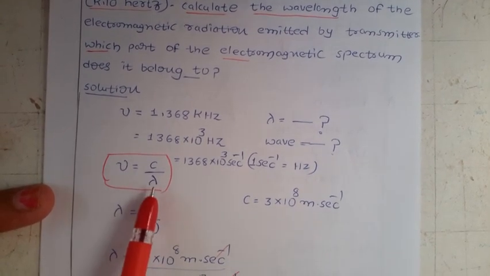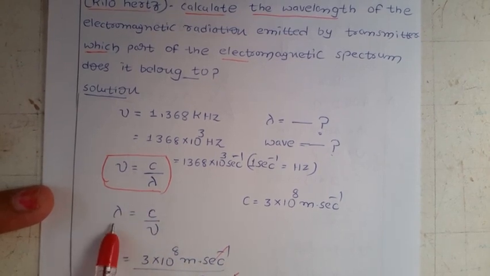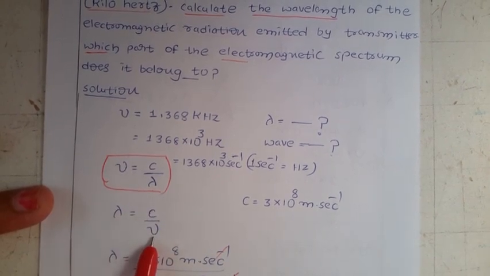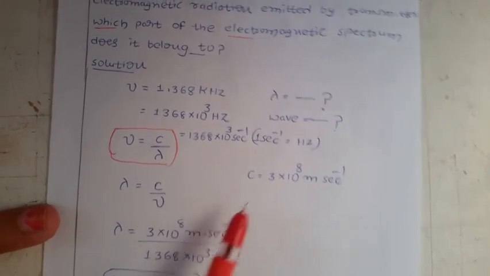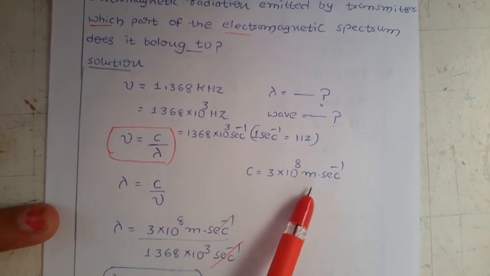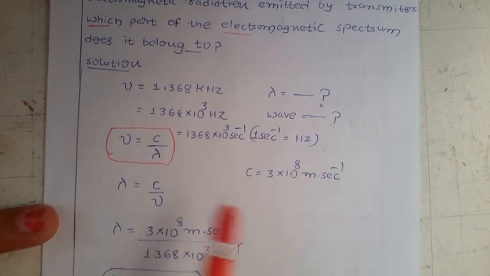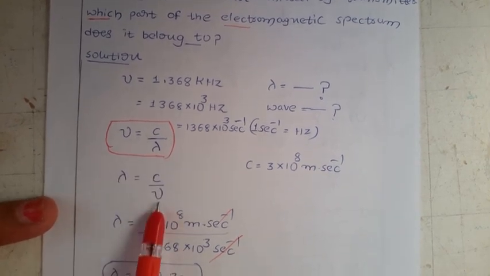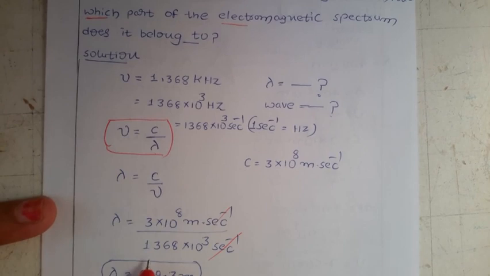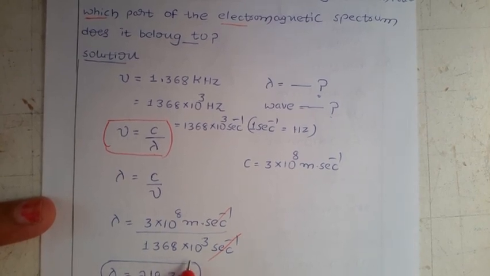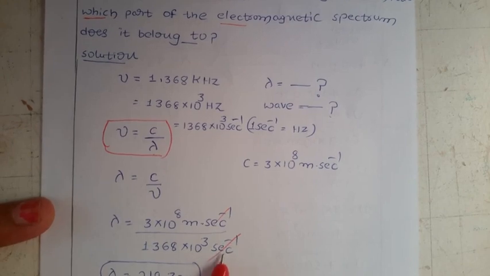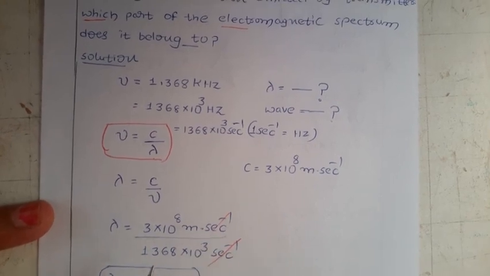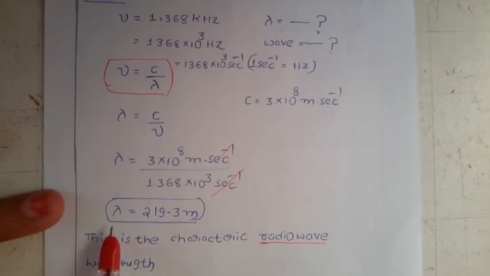Okay, now what we need? Lambda. Lambda is equal to what? C by mu. So lambda equal to, already we have the c value, 3 into 10 to the power of 8 meter per second, and already we have the frequency. What is that one? 1368 into 10 to the power of 3 per second. So what happened here? Per second get cancelled. So you are left with the lambda equal to